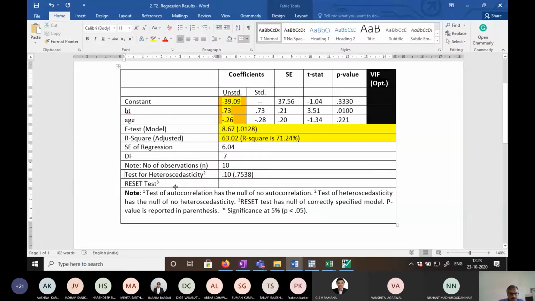So multicollinearity, right now we usually don't discuss it here, because we discussed that we may discuss this later on. It is nothing but the variance inflation factor. We call it variance